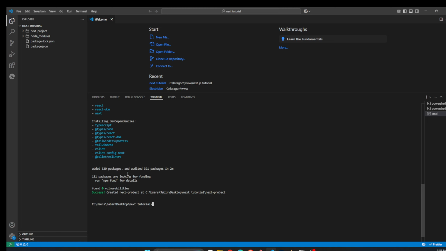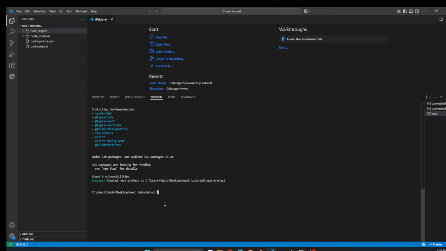Okay, you will see it's installed successfully. So now you will see here is the next project. All the projects are installed successfully. So now we need to go to that folder, cd next project. Now we are in the next project folder, and now